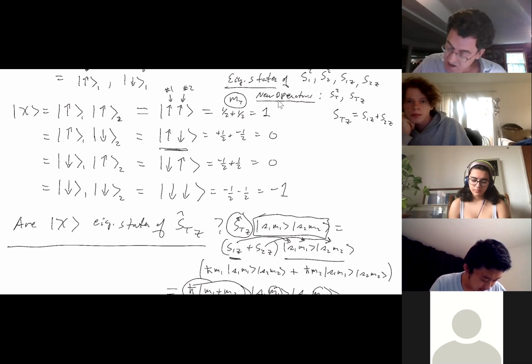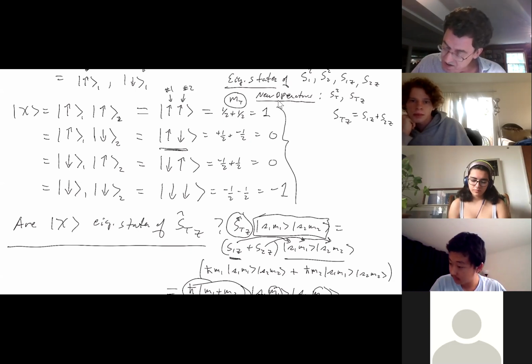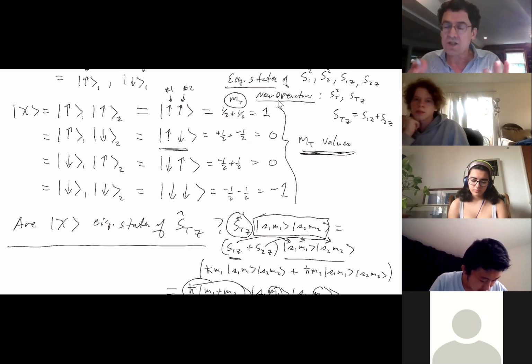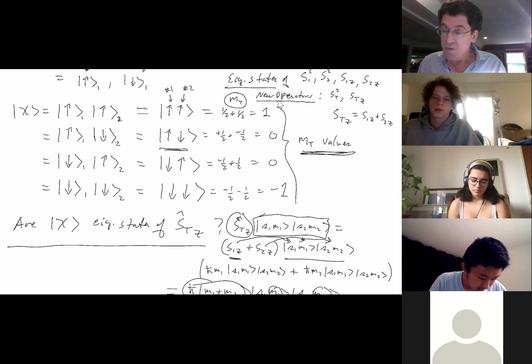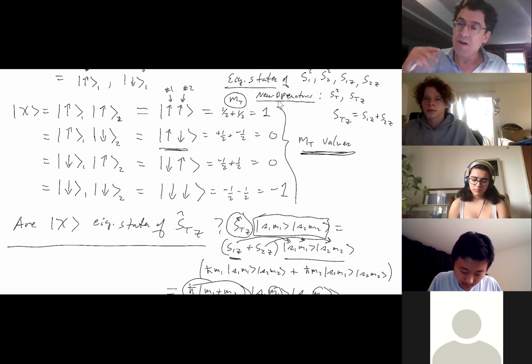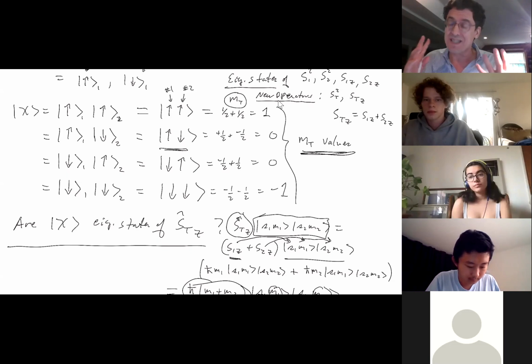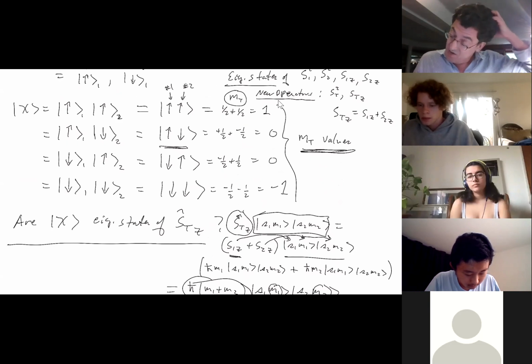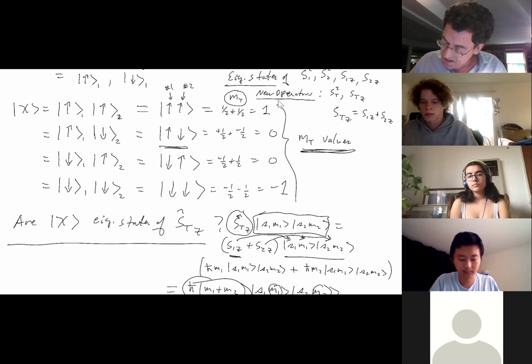Okay, so this is a cute thing to notice. These are the M total values. So what we've done is we see that in our old basis, we have 4 eigenstates, and we notice that those 4 eigenstates happen to also be eigenstates of the new operator, S total Z. That's very convenient. That helps us a lot. It tells us how to go forward, because what we're doing is we're constructing the eigenstates of the new operators. So this tells us then that the product states